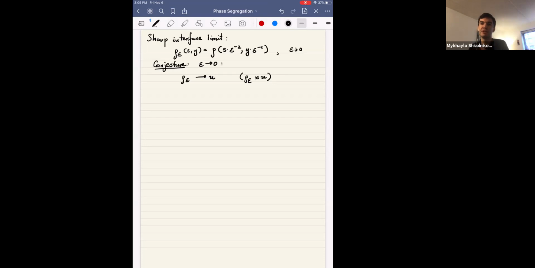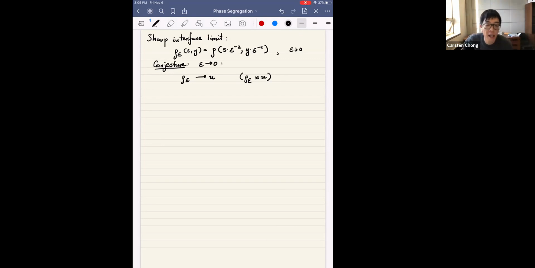And so if you approximate rho epsilon by U, you're basically taking the abstraction that this thin film is actually just a hypersurface. So its thickness is equal to 0, and you're approximating the evolution of this actual layer by this idealized hypersurface. And of course, if you're just in dimension 1, then you don't really have a hypersurface. You just have a point that moves dynamically in time. So that's the conjecture. And I have a question, sorry.